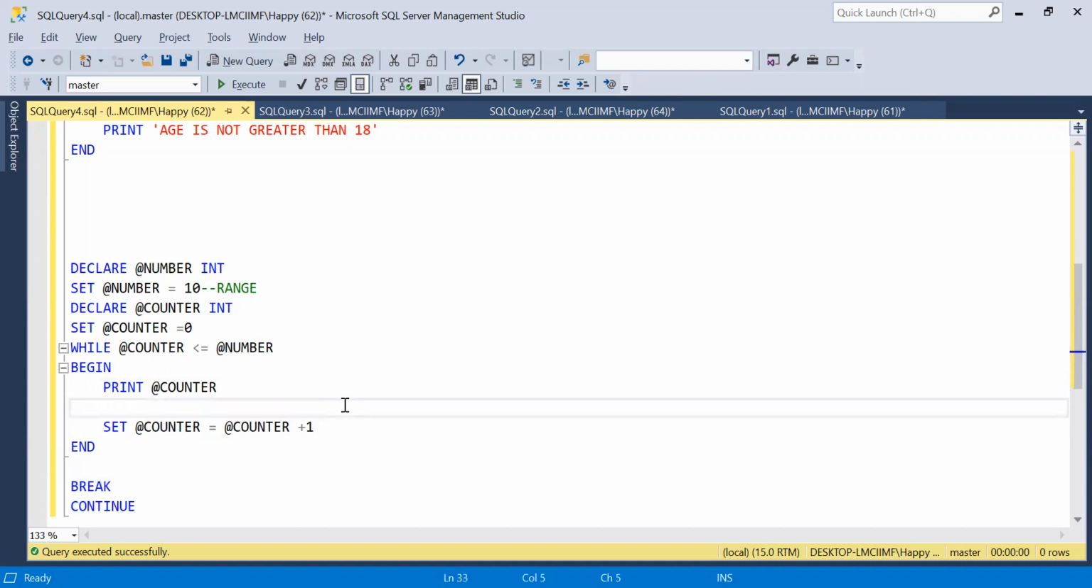So printing my counter value, odd or even numbers, it works with any number. The condition just has to pass, that's it. If you want to print only even numbers, you just take the counter value modulo 2, that's it, it's going to work. So I want to say that after printing my counter,